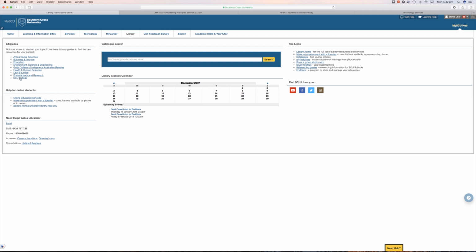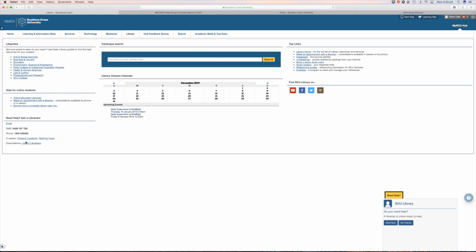As a student at Southern Cross University, you've got access to thousands of academic journals and reports, so make good use of that opportunity. If it's books you're after, you can find them all online as well, and as an online student, they'll post them to you for free. Through the Library tab, you can also view contact numbers and links to library-related resources.